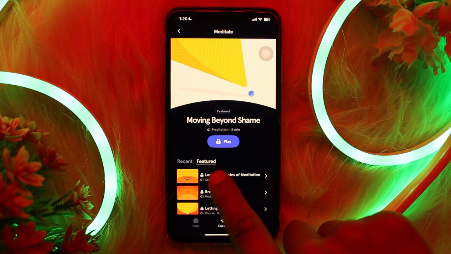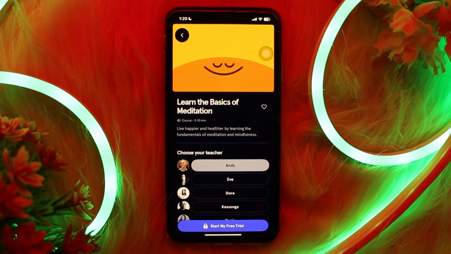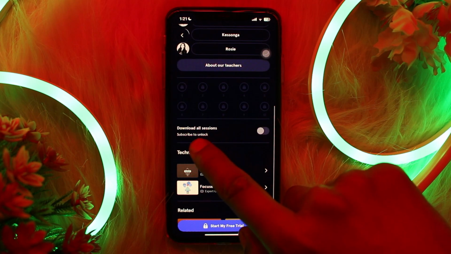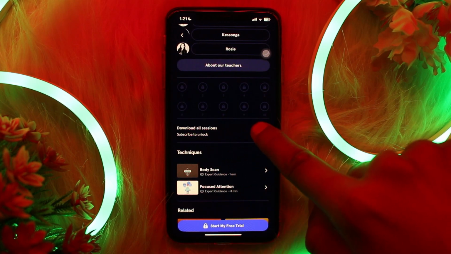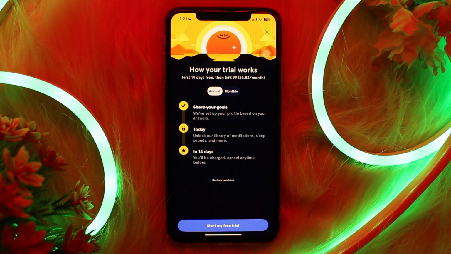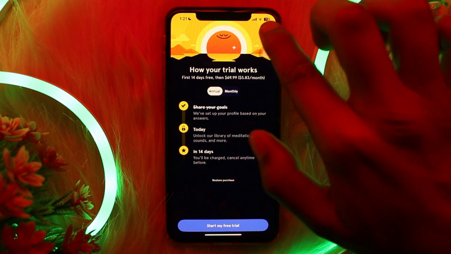Then tap on the session or course to open it, then look for the download icon. You'll be seeing download all sessions right here. Now all you gotta do is tap on it to download it. Keep in mind that you'll need to have the Headspace subscription in order to download it, and then once downloaded,